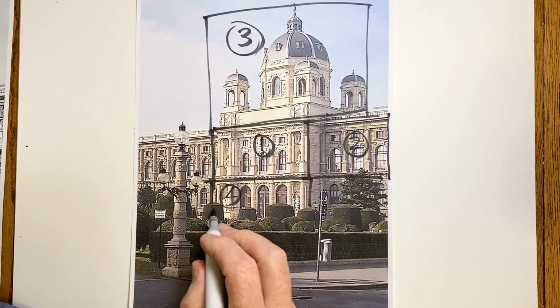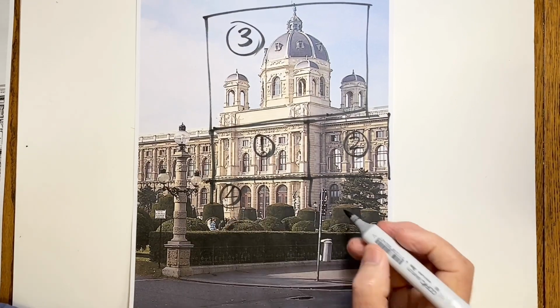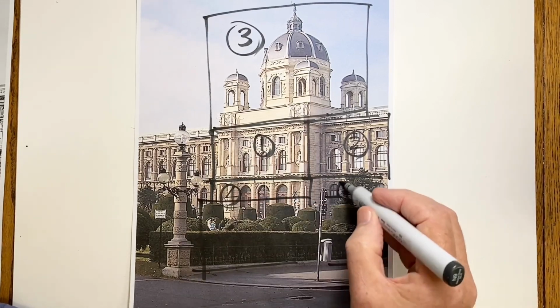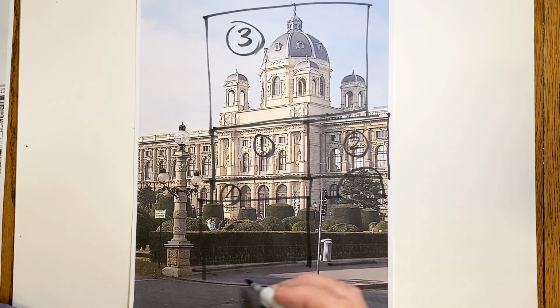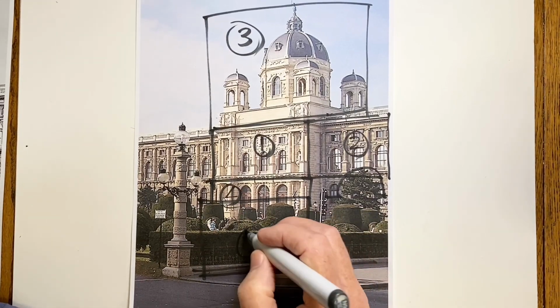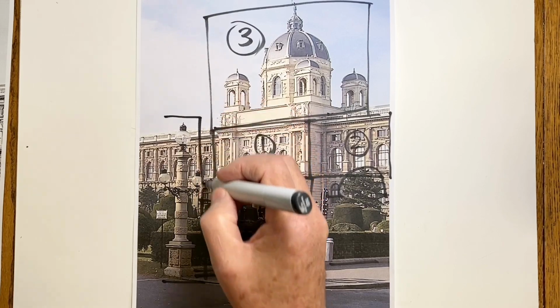but I'm going to stop just short of these clipped shrubs because I want to get them in. And at that point, I'm going to establish this section here. And particularly once I've got this line in place, I can then establish this light,